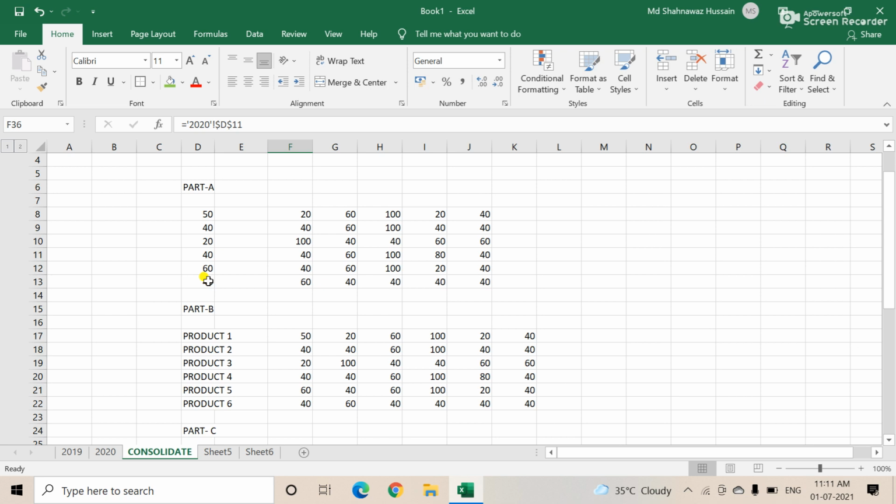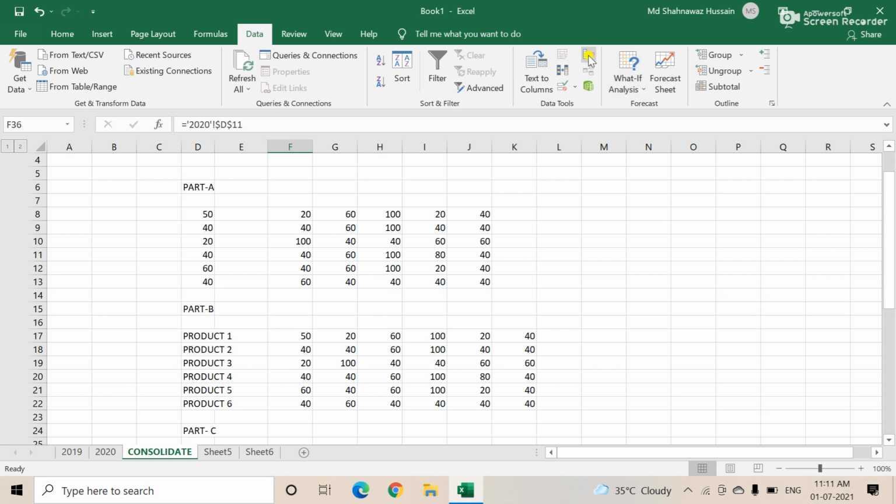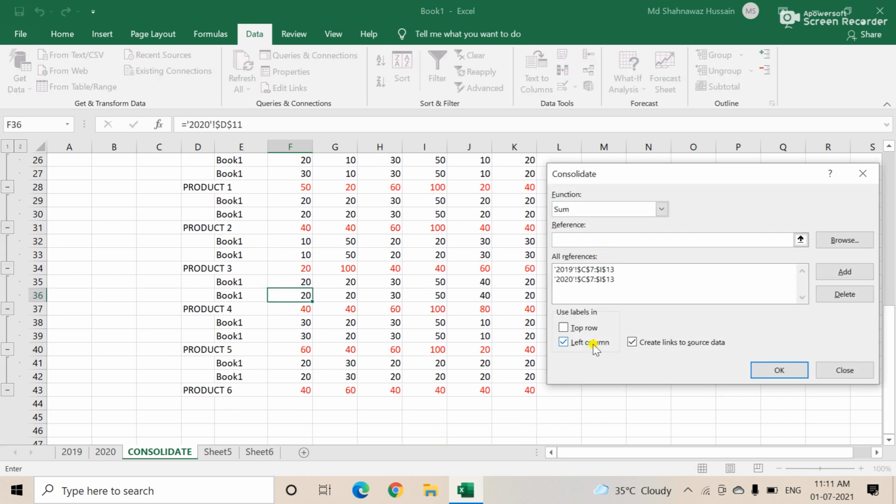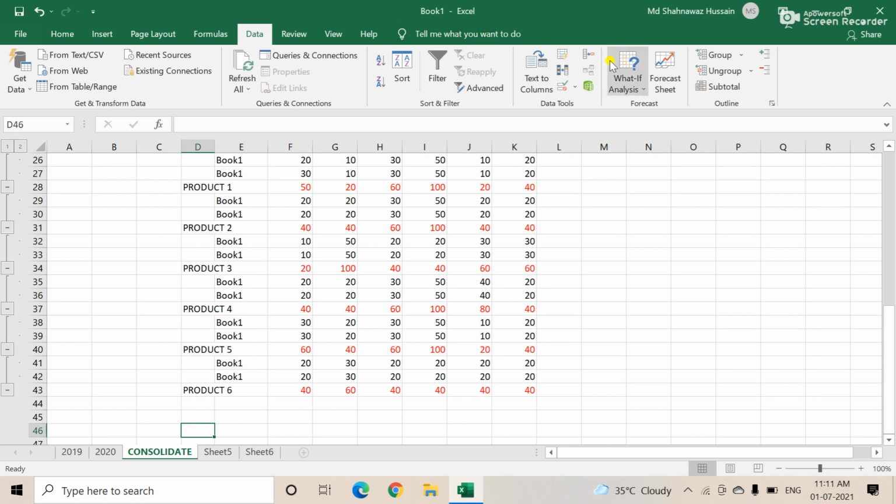So this is an important thing, and again I am showing you the consolidated data is available in the Data options, and the options are there. Just click over there like this.